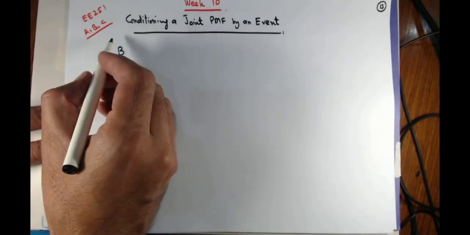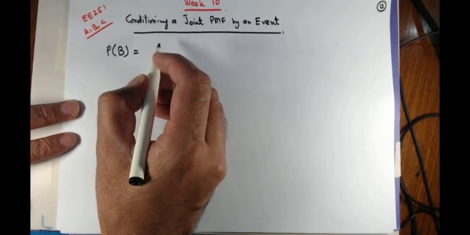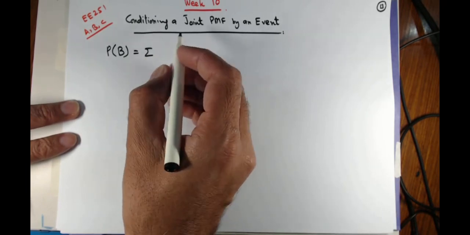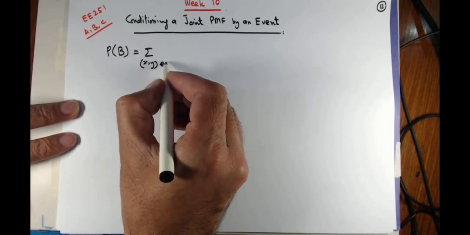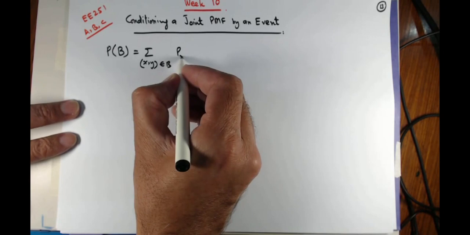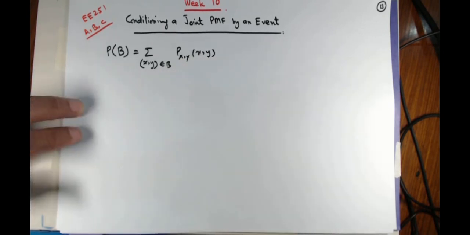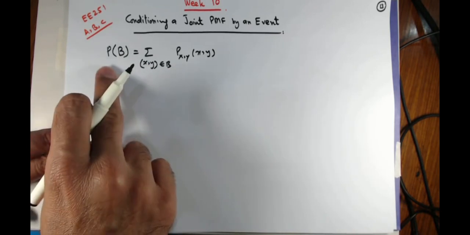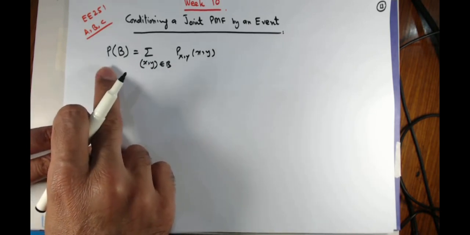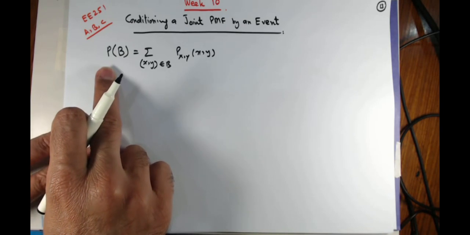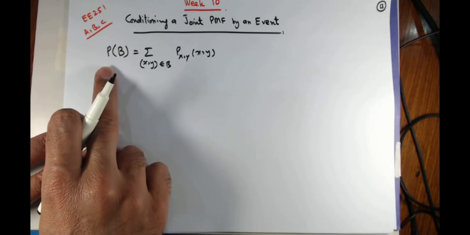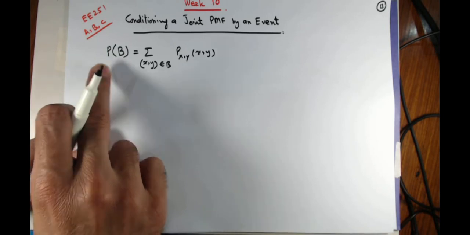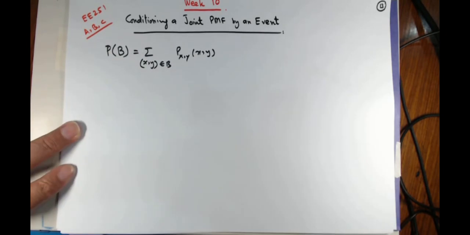If you recall, we said we can find the probability of an event B from the xy plane by simply summing up all the joint distribution points in the xy plane, and that will give you the probability of an event B. Now if you have two random variables x and y and an event B as a conditioning event, then the conditional PMF of x and y given B can be found in a particular manner, and that will be taught today.